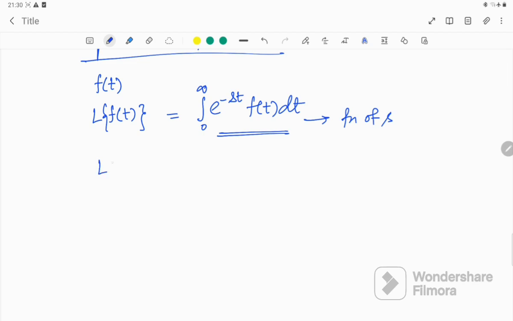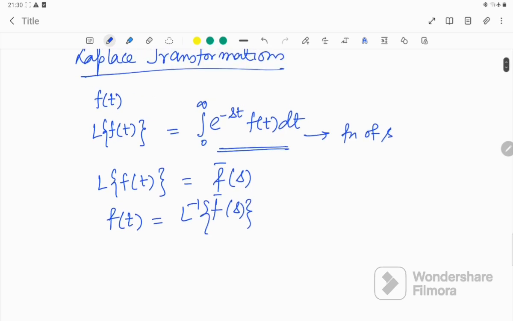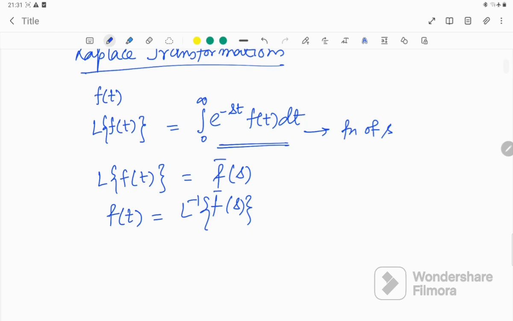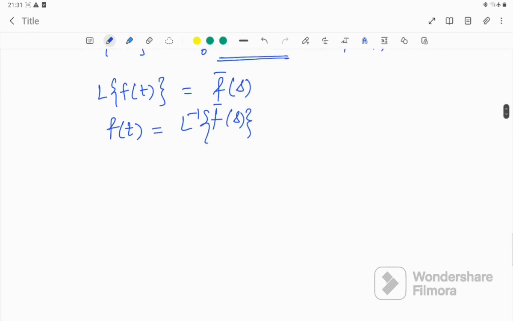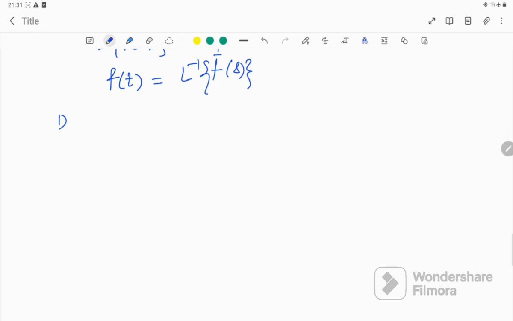So we can write this as Laplace transformation of f(t) as function of F(s), and if we want to get back this f(t), we have to carry out the inverse Laplace transformation, which we can write like this simply. So these are the basic things for performing the Laplace transformations. So before proceeding, we have some elementary functions, like some integrations which you can carry out yourself also, like L